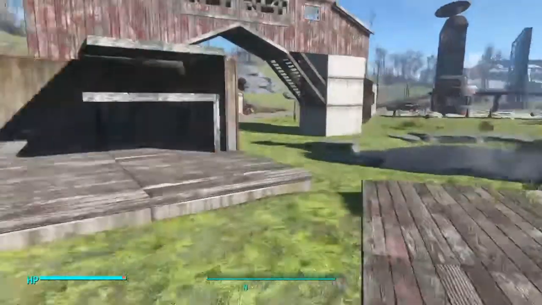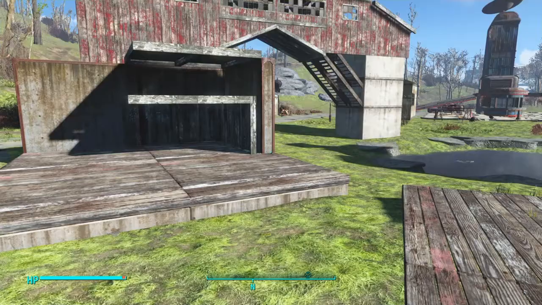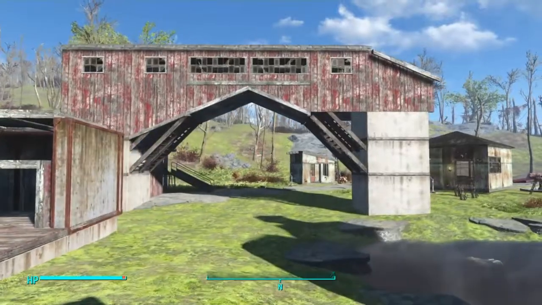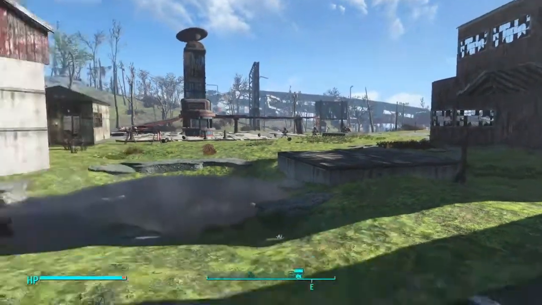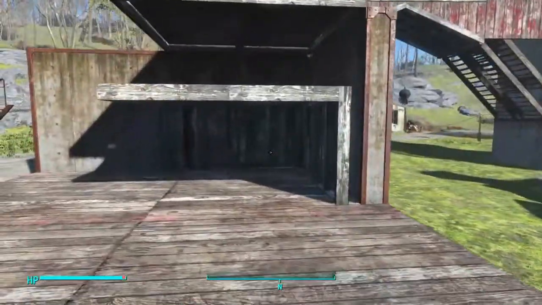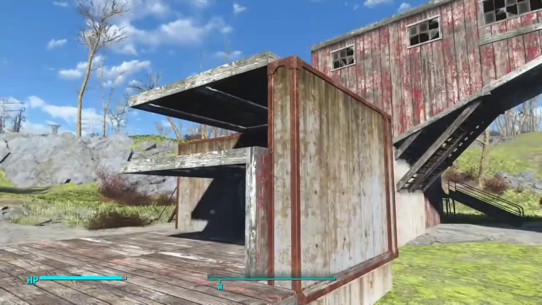Now, why would you want to put a building inside of another building? Well, really, why wouldn't you? The videos I do are all about exploiting architectural techniques within Fallout and the things that you can do. What you do with it's completely up to you. So if for some reason you want a barn or a warehouse building directly inside a concrete building, you can